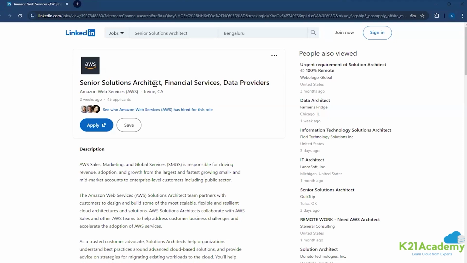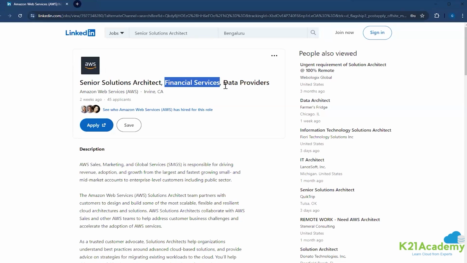So for each industry, it will have a different set of requirements. Keep that in mind, okay? You will be able to answer about any data services, but how can you implement that in fintech? Try to come up with questions or ask ChatGPT: I'm a senior solution architect who works primarily on data.